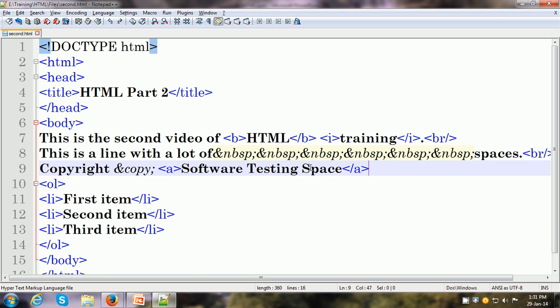Well, the text is there, but we need some additional information: once the user clicks on this link, where exactly they need to go. That information is provided inside the a tag, and here we introduce the concept of attributes. An attribute is additional information along with the tag.